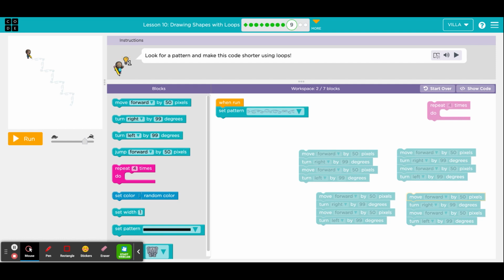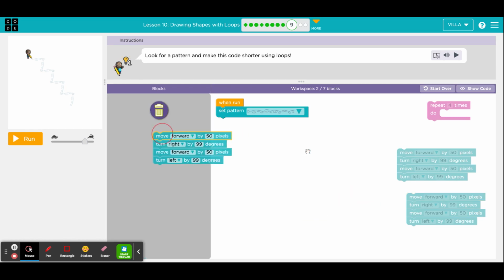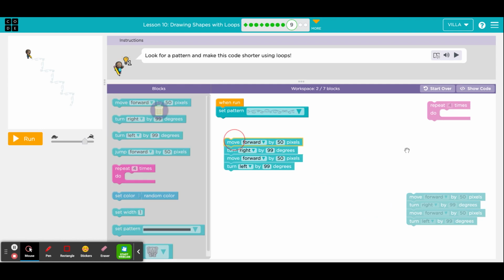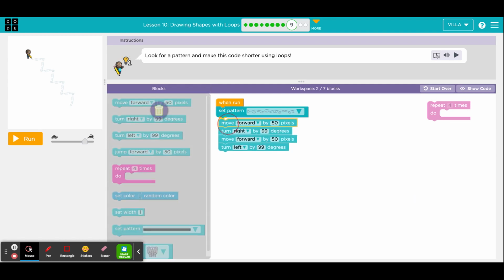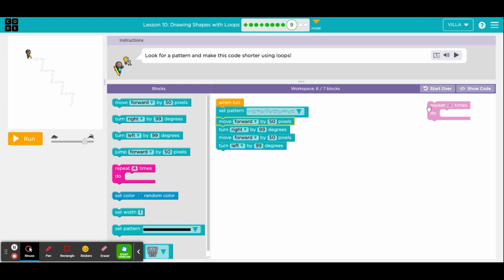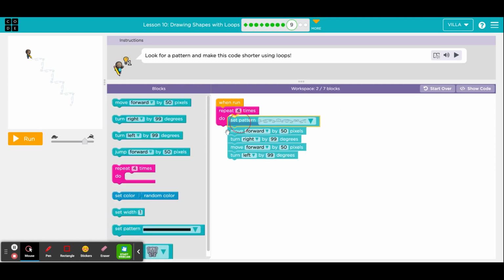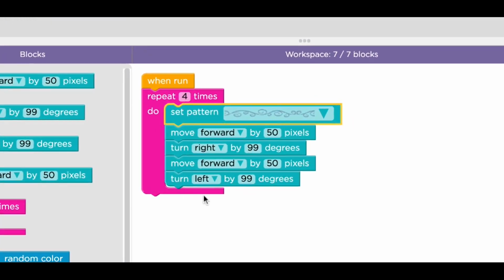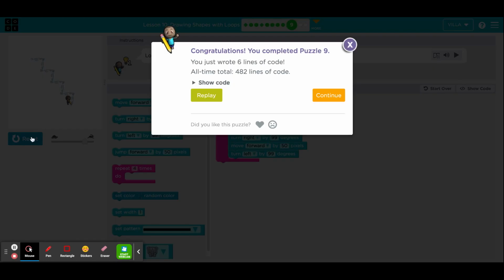And once you have verified it, you realize you don't need that many groups. You only need one group. So let's get rid of all the extras. That's all we need, one group. Now I am going to connect that, and I am going to put all of it inside of a loop, just like this. This brings us to a total of 7 out of 7. When you are ready, click continue,